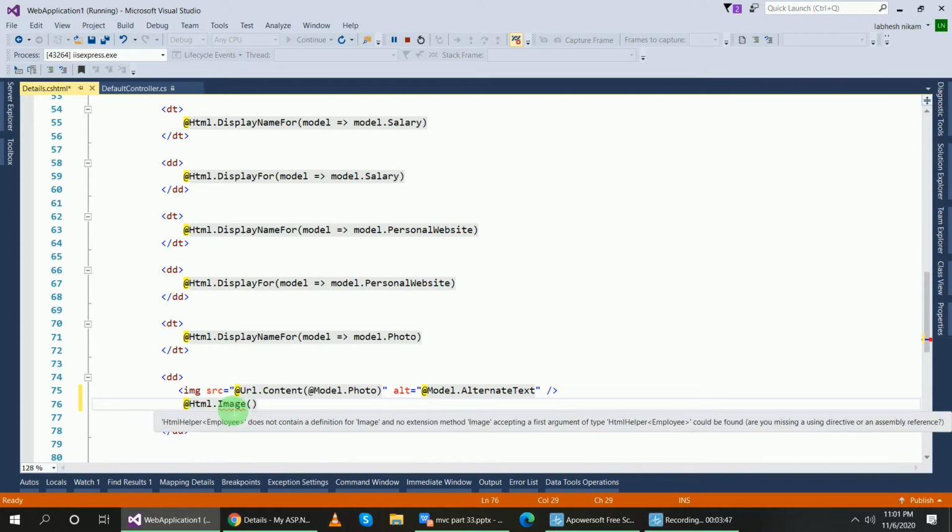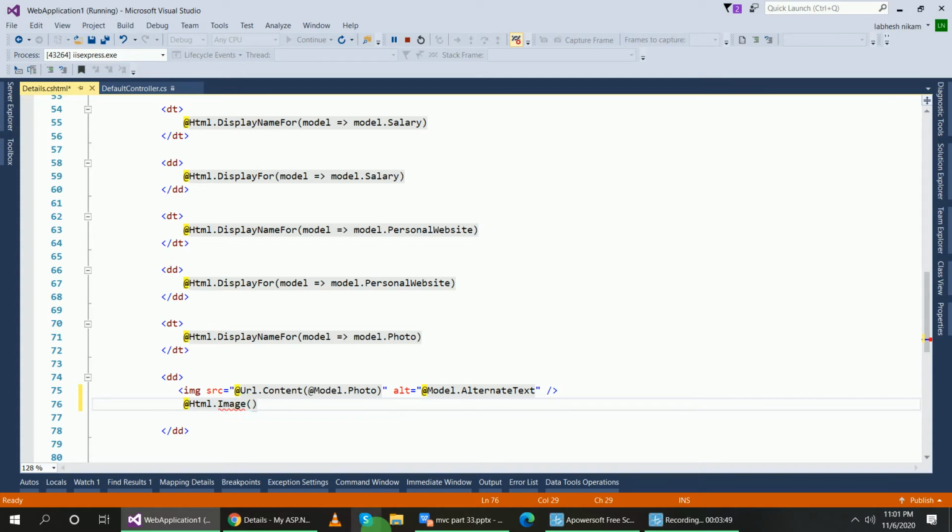Suppose I have created this image helper, and inside of that I will use @Model.Photo and @Model.AlternateText. So easily we can define it. This hard logic we will create in the back side of this view page, so there is no need to define hard logic here inside of this view page.